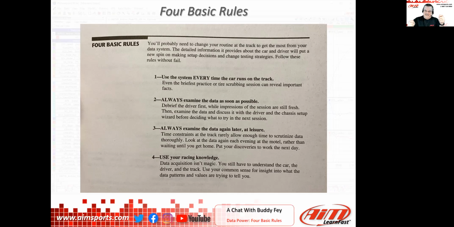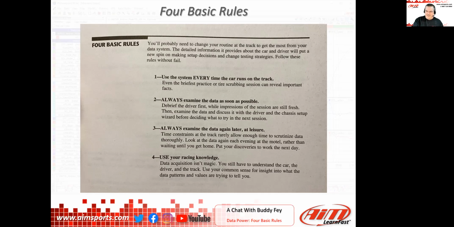And as he was turning into literally every corner, this happened to be at Thunder Hill in Northern California, he would turn in, and he would have to catch this low horsepower Spec Miata every time. It was entry oversteer almost every time. I'd had the data all weekend long, and I did not see it. The strip charts did not point that out to me.